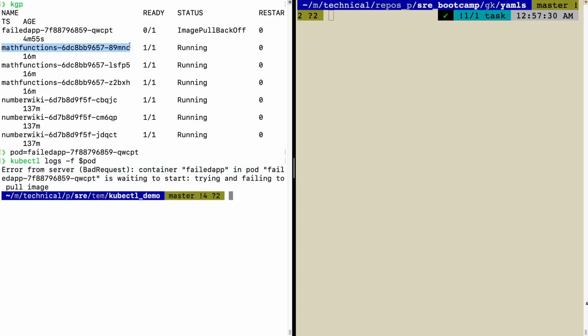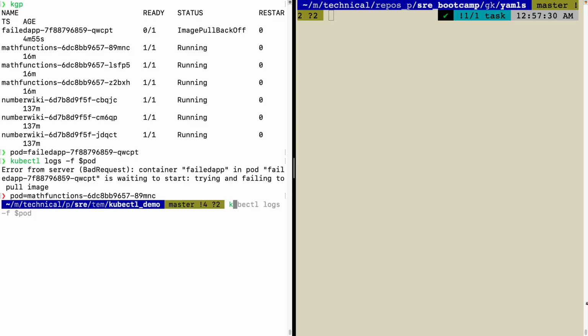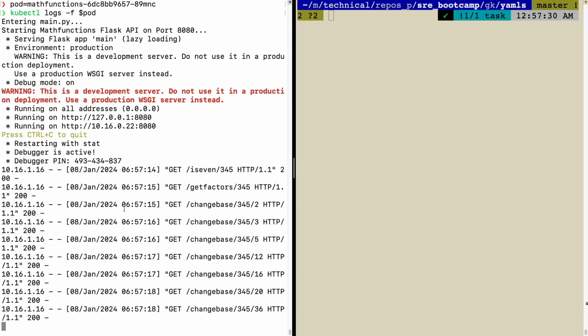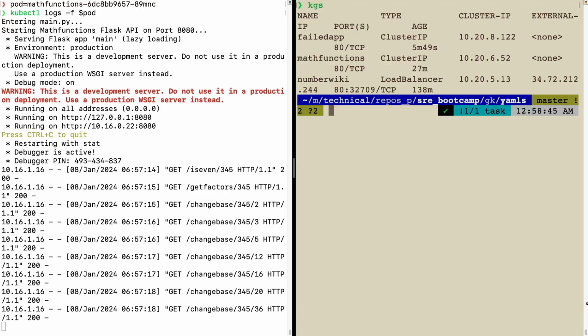But now let's look at the math functions pod's logs. If I set pod equal to that and run kubectl logs with -f, that means you are following along, so it will keep showing you the logs. Now, the math functions gets called from number wiki. So if I hit number wiki,